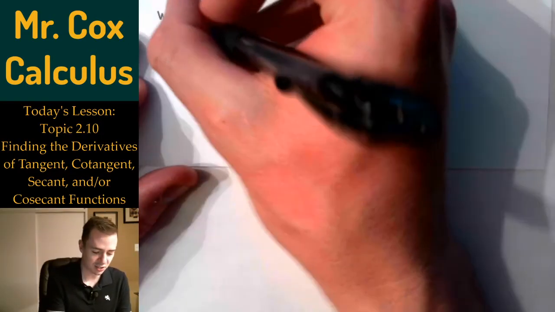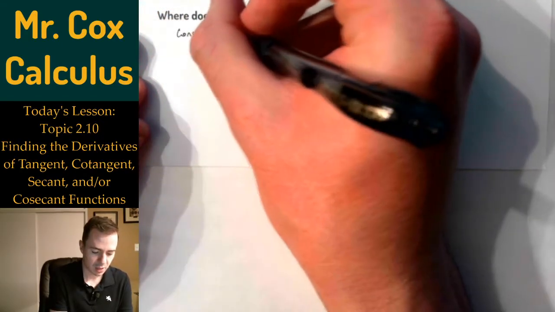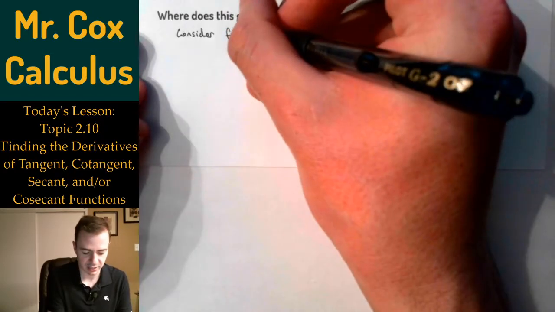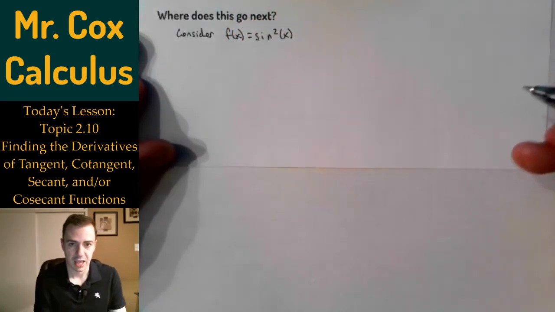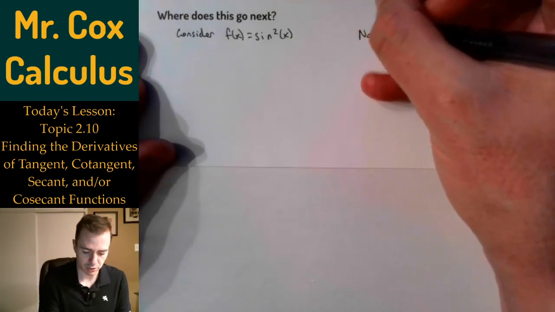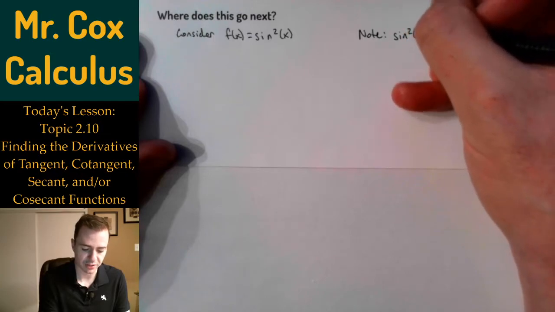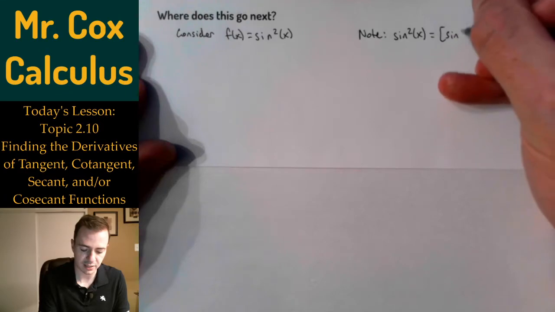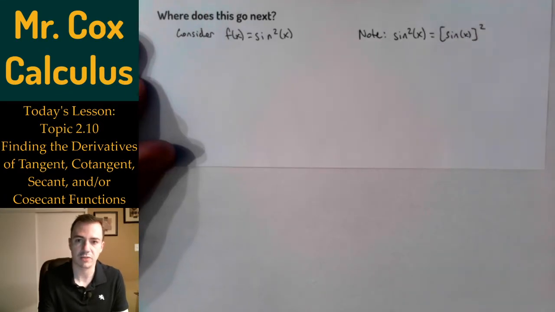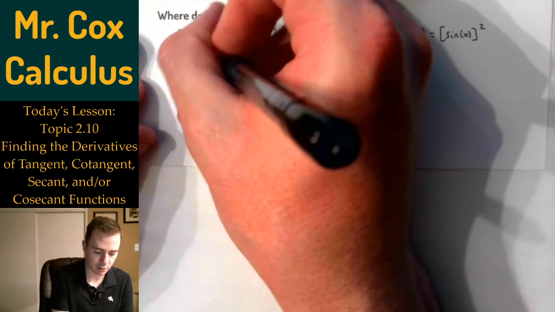And it's going to start with this idea. Let's consider a function. Let's take a look at f of x equals sine squared of x. And just kind of as a note, we alluded to this a couple of times in our derivative proofs through this lesson. Sine squared of x literally means the quantity sine of x, all of that squared. And so the question is how do we find